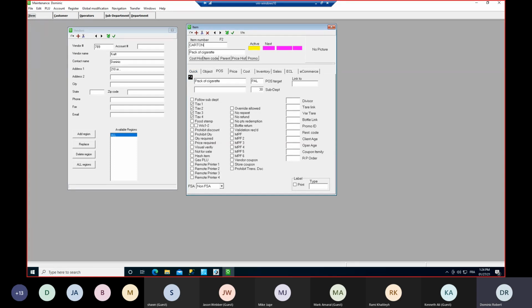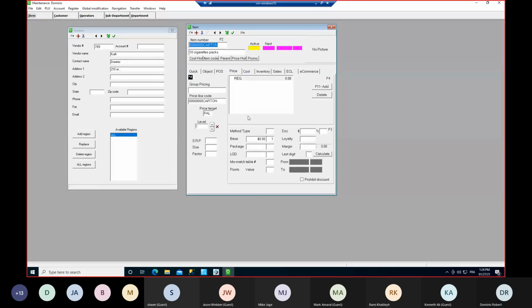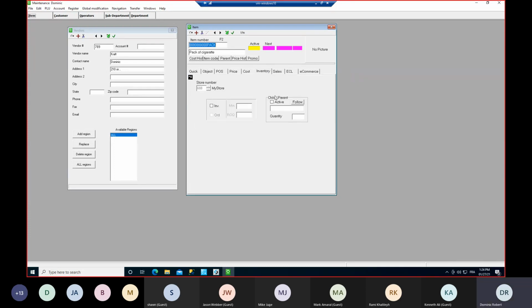We'll go back to our carton. I'll set the price to $100. And here on the inventory, that's my pack. My pack, I do not track the inventory since it will be a child of my carton. So if I look at my carton, I can see that I'm tracking the inventory on this one. If I go back to my pack,